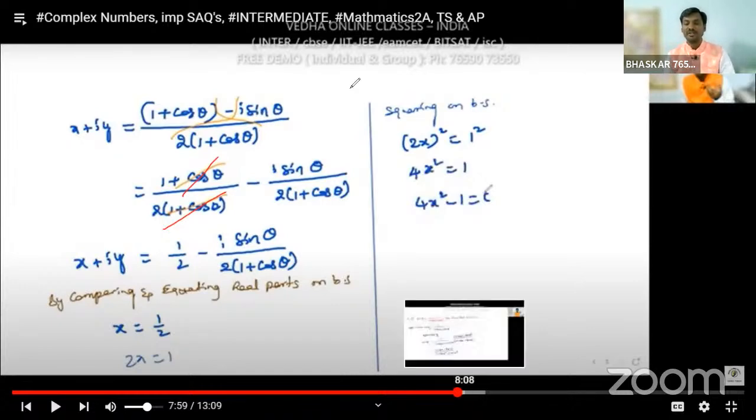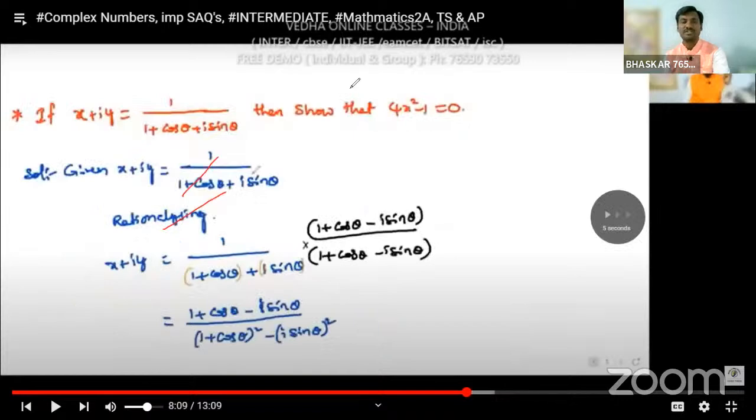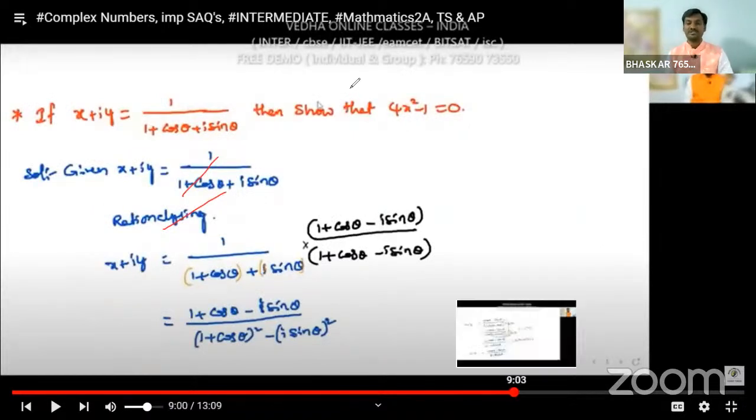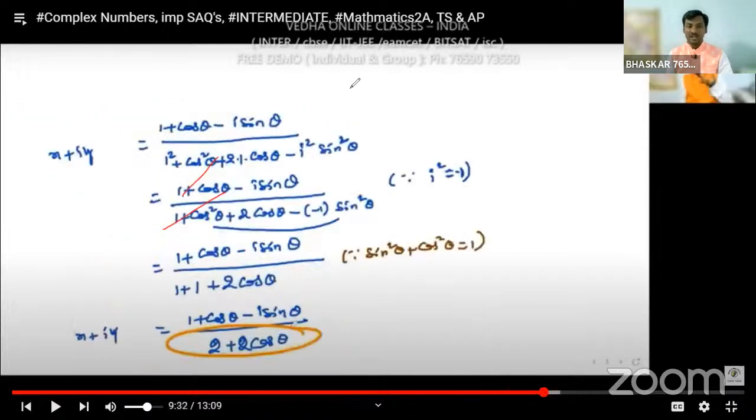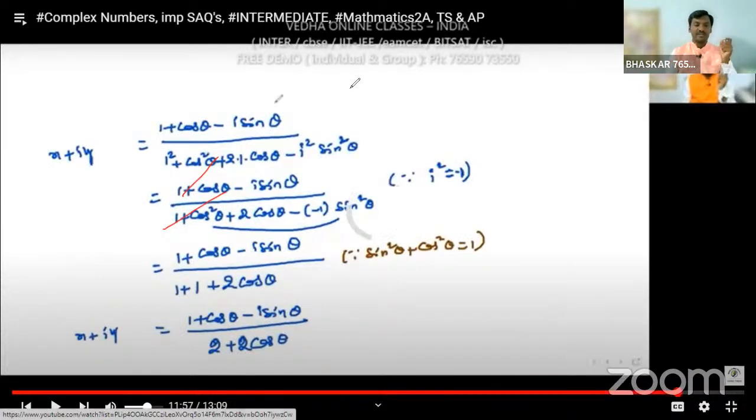What we have to prove here? 4x square minus 1 is equal to 0. Okay, so check it once. What we have to prove here? So 4x square minus 1 is equal to 0. And if we go to the other questions, okay, so just like this, we have the explanation here. And if you go to the next video,